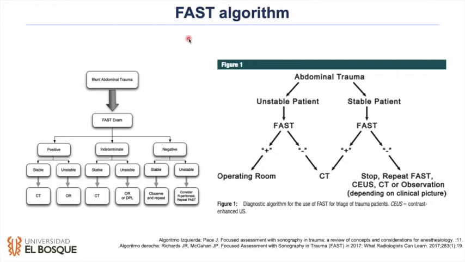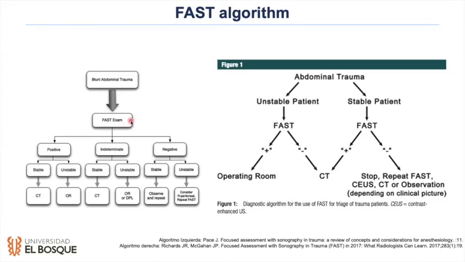Now I want to show you an algorithm, but first remember that this exam was initially proposed to replace the DPL exam that we talked about before. And also, when you have an abdominal trauma patient, the first thing that you have to do is determine the location of the injury. Second, identify what kind of injury it is. And third, as you can see in these algorithms,